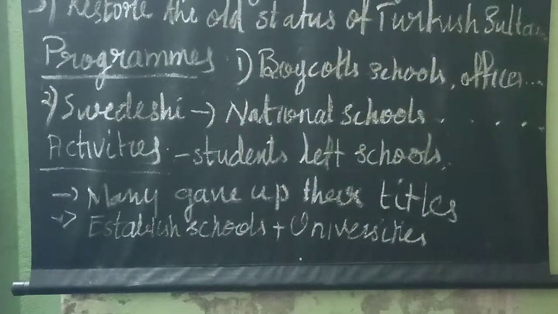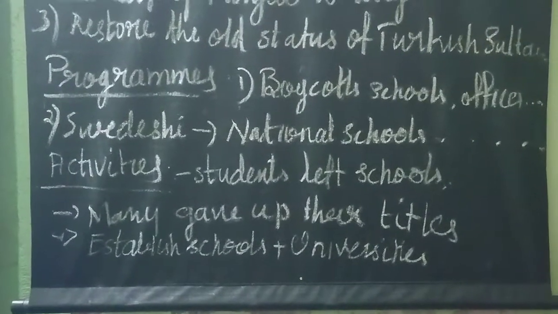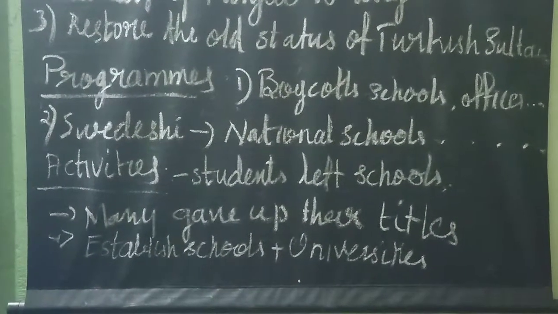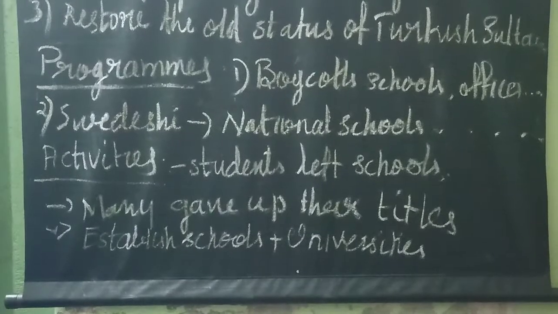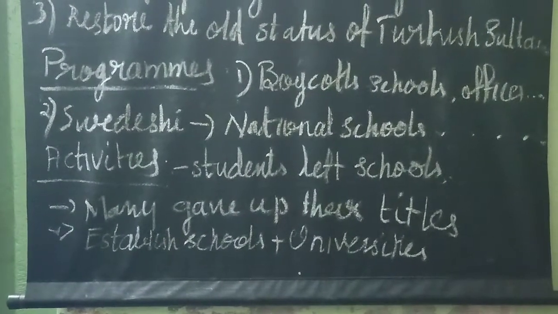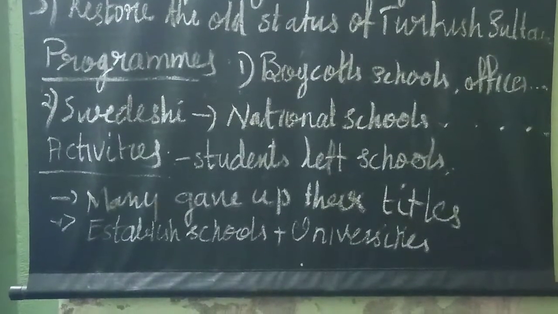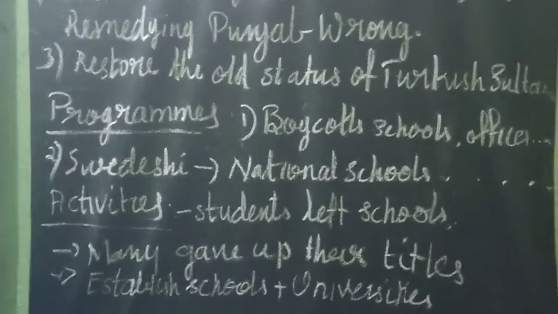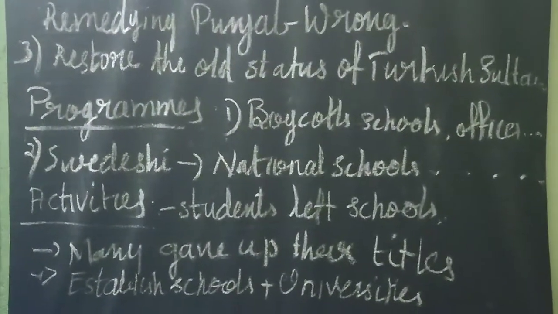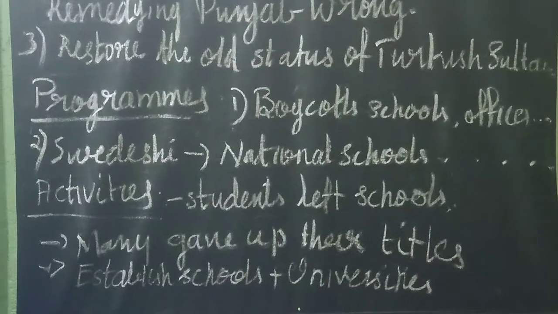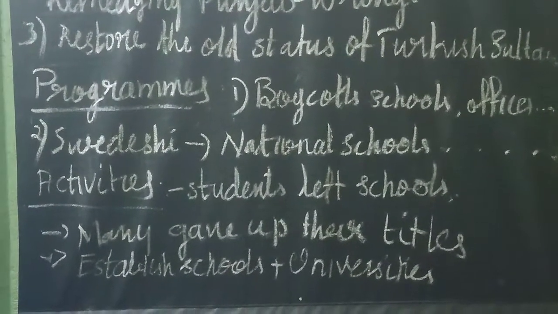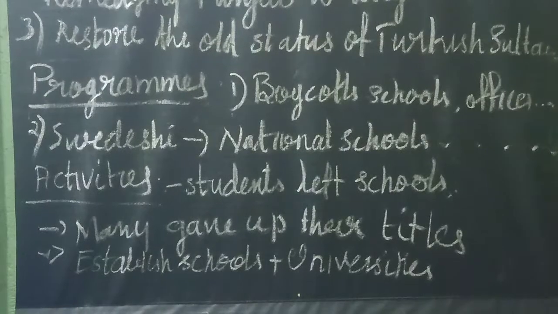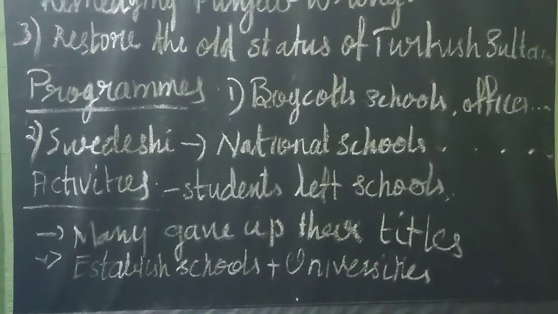Then resignation from nominated seats in local bodies, and surrender of titles and honorary offices. That means the Britishers had given certain titles and honorary positions, and some of our prominent leaders got them. They decided to give all this up, along with a refusal to attend government functions. Okay, these are the boycott programs. So as a part of the boycott programs, they followed the boycott of government schools, colleges, courts and foreign goods, the boycott of council elections as suggested by the reforms of 1919, resignation from nominated seats in local bodies, surrender of titles and honorary offices, and refusal to attend government functions.